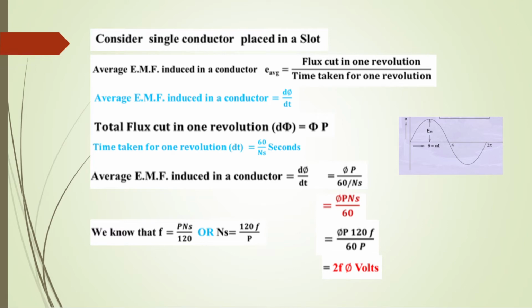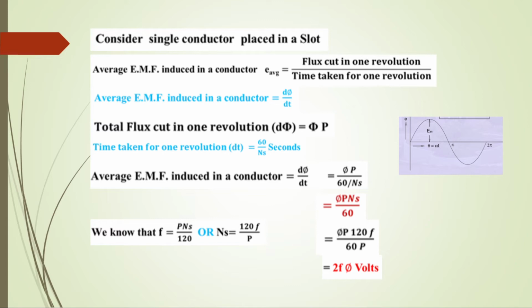So let us consider a single conductor placed in a slot. Average EMF induced in a conductor will be equal to flux cut in 1 revolution per time taken for 1 revolution. Average EMF induced in conductor is what? d phi by dt according to Faraday's law of electromagnetic induction. EMF will be equal to rate of change of flux. So E is equal to d phi by dt. So d phi equal to phi P, that is total flux cut in 1 revolution is given by d phi, that is phi P,